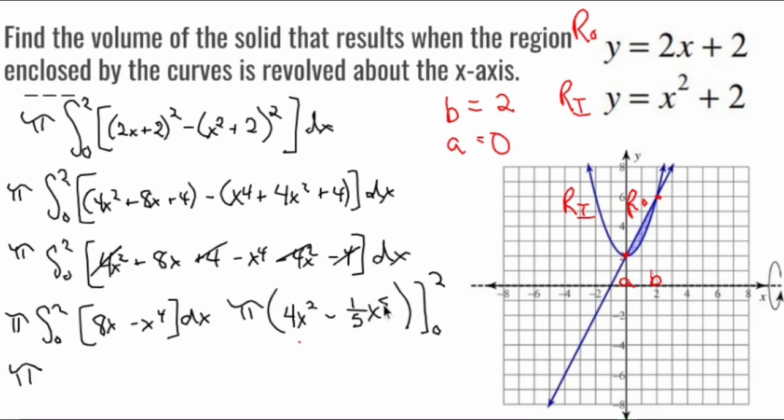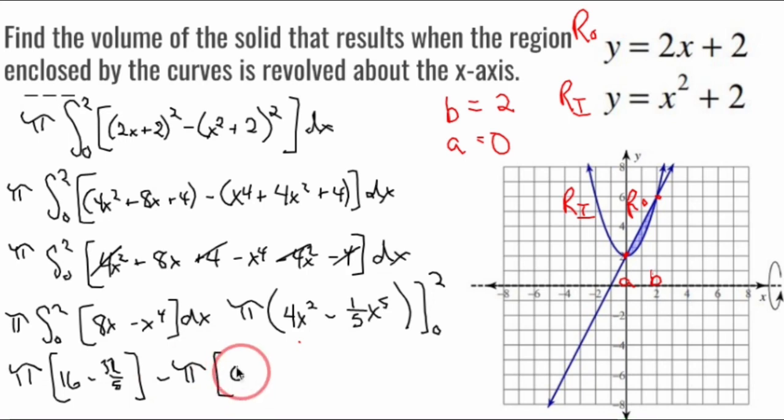Fundamental theorem of calculus time, plug it in. Let's try to do as much in my head as I can. I have that pi there. I'm going to plug in 2. So I'm going to have 4 times 2 squared, which is 4 times 4 is 16, minus 1/5 times 2 to the 5th power, which is 32. So 32 over 5. I'll deal with that when I have to deal with that. Minus pi